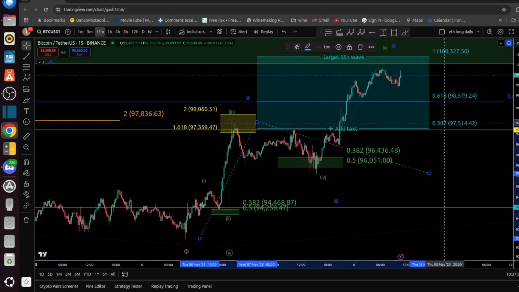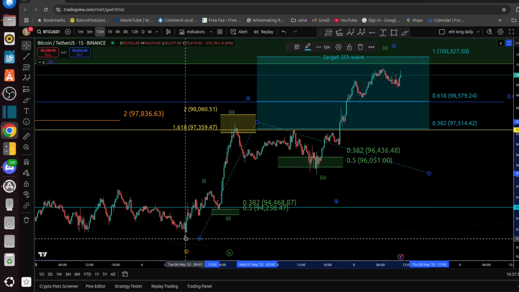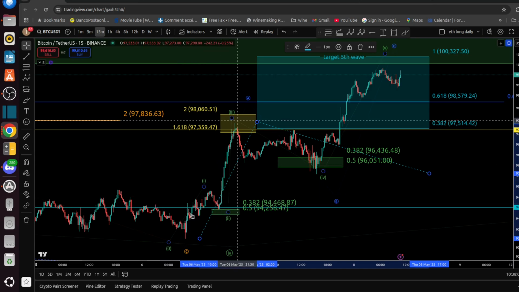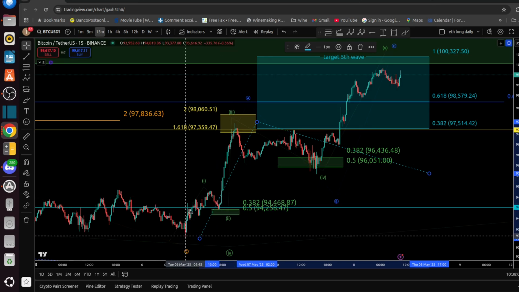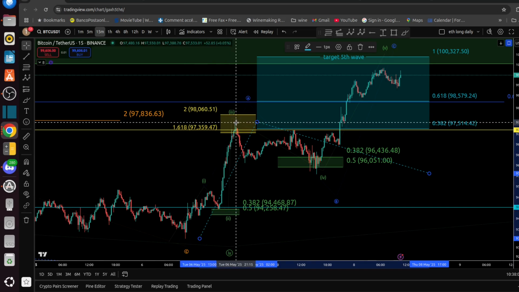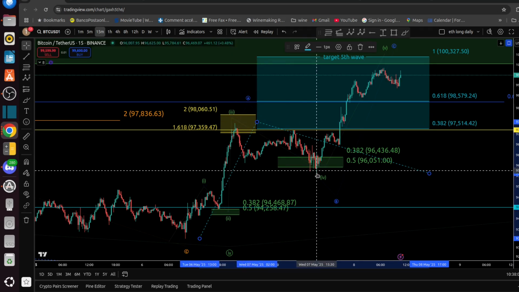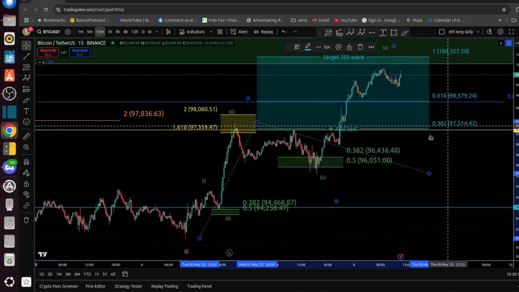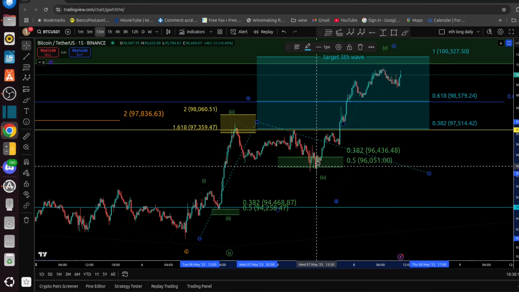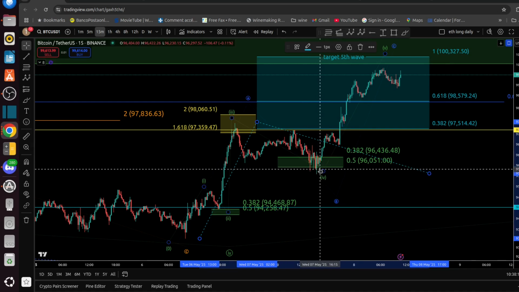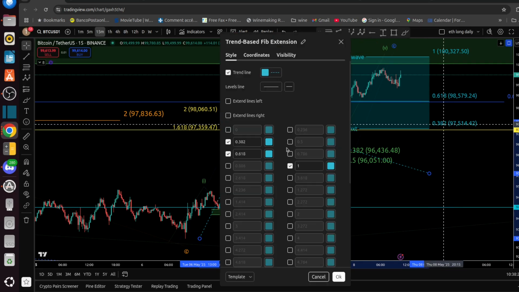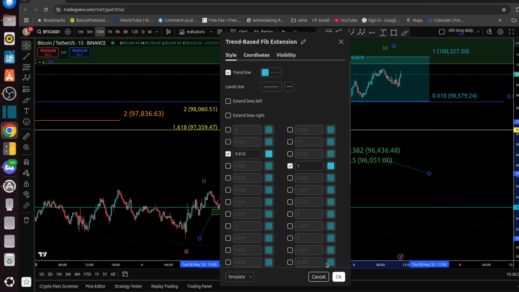So this one, we just do an extension from the beginning of the wave 1, and we include the wave 1, the wave 2, and the wave 3. So, from the beginning of wave 1 to the end of the wave 3, and to the end of the wave 4. The first target is the 0.382. Once again, because we had a very deep fourth wave, this level it's pretty much inconclusive. So I'm going to remove it.